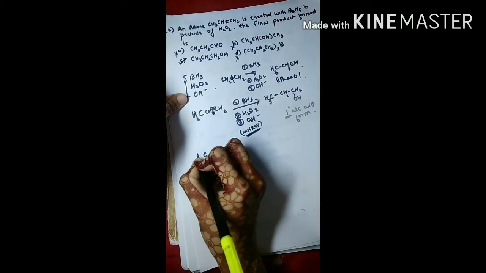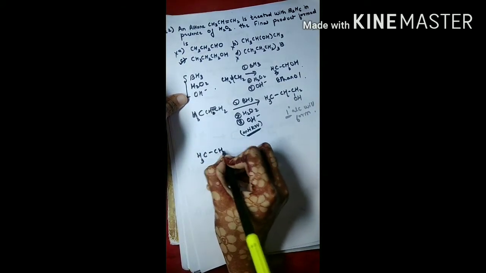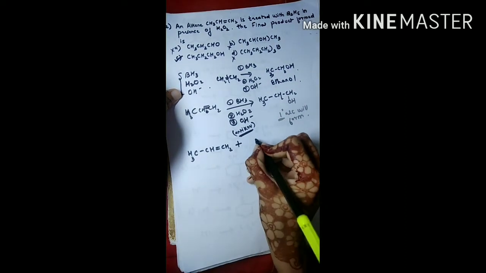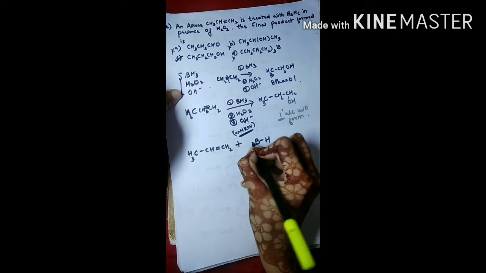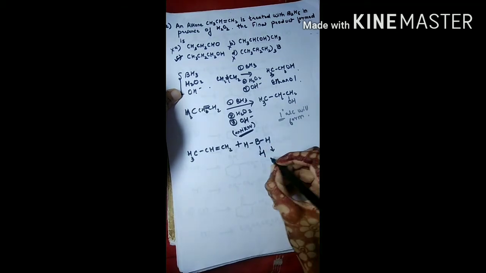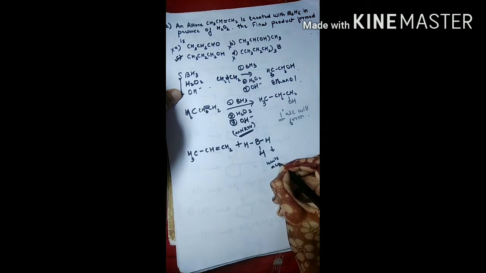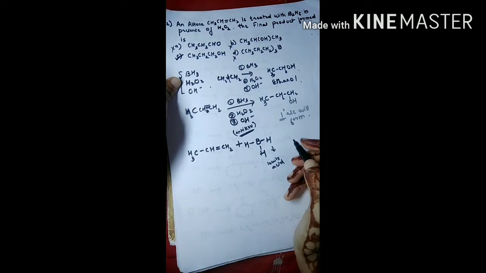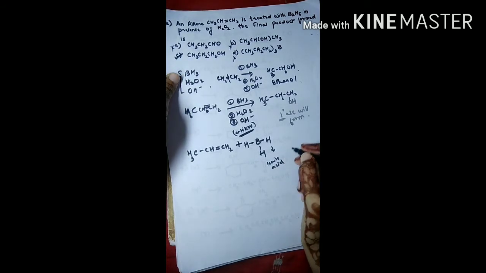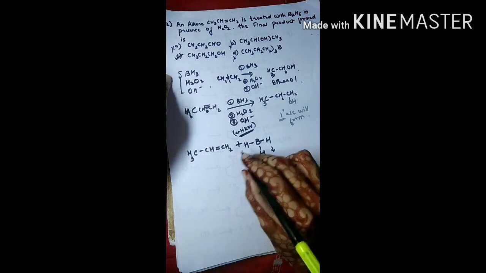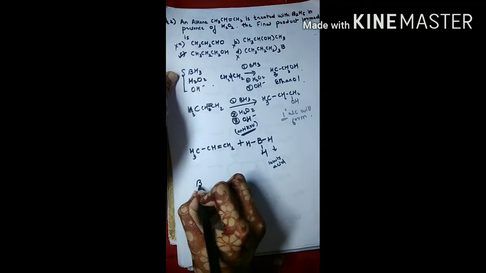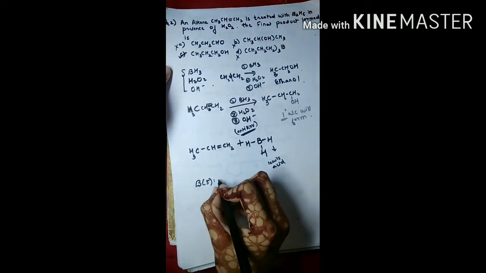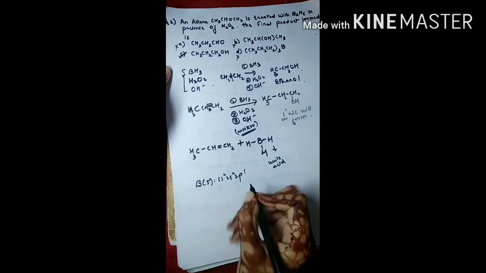So students, here I am starting the mechanism of this reaction. I've written a propene, in the presence of BH3. Students, BH3 acts as a Lewis acid. But why does it act as a Lewis acid? It has 3 bond pair electrons, and its octet is incomplete. It has 6 bond pair electrons altogether. Now boron is having atomic number 5, that is 1s2 2s2 2p1.